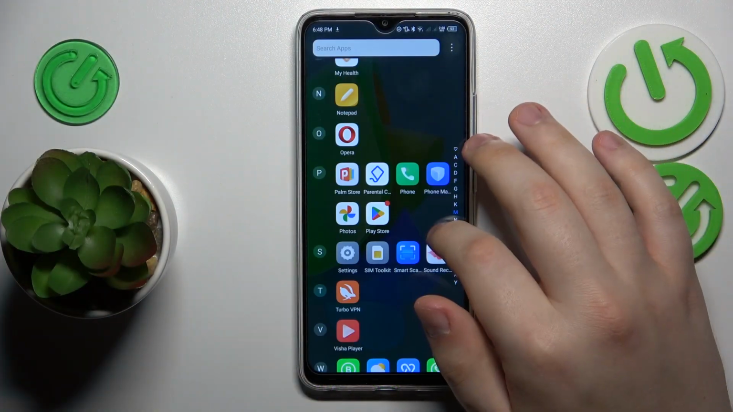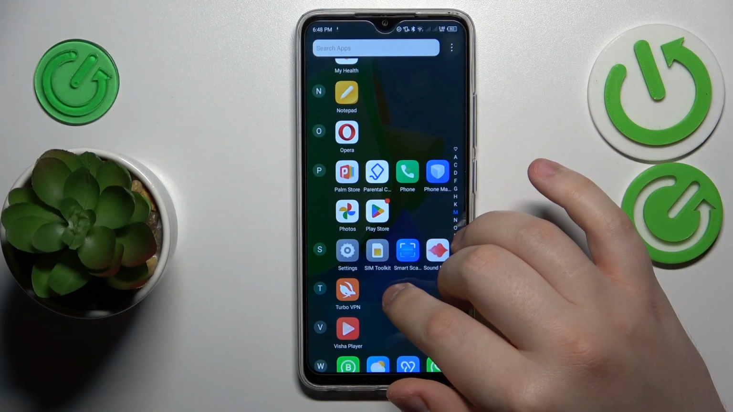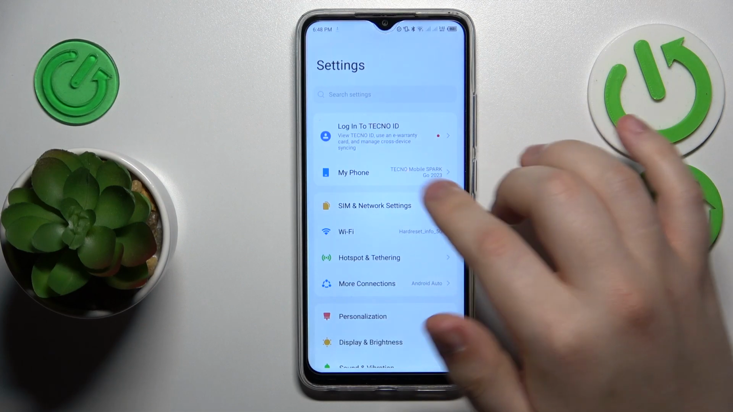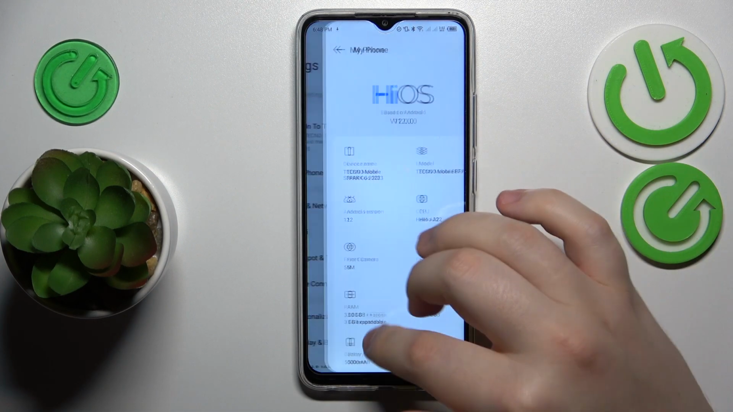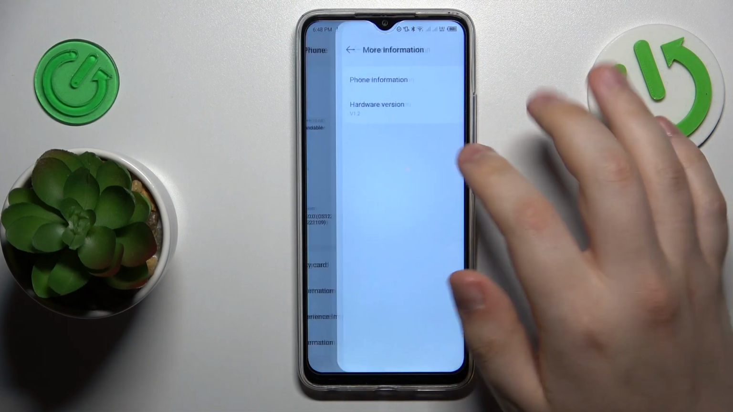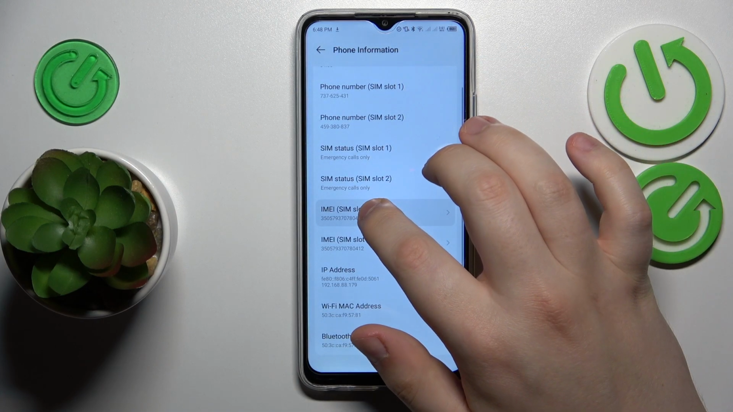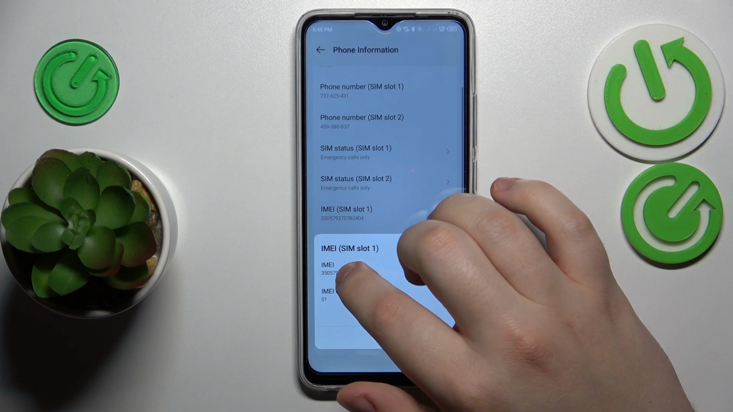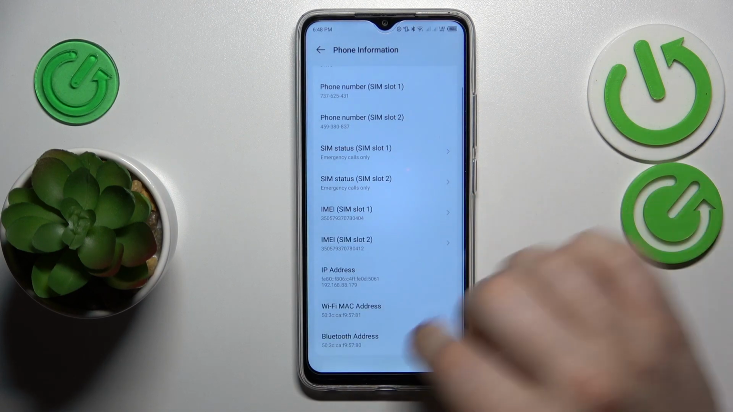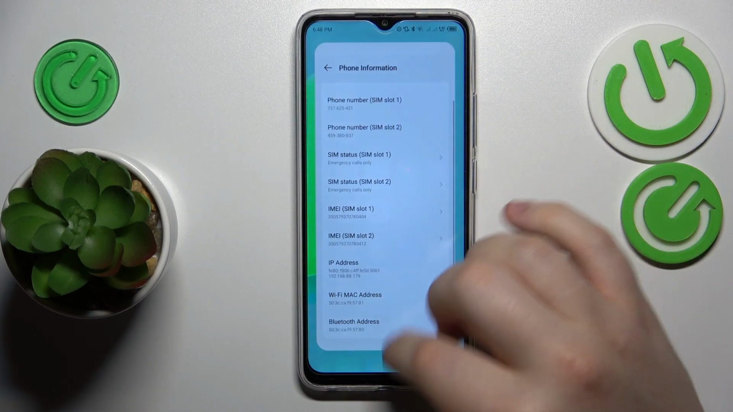So first you will need to launch Settings and find the IMEI number specifications, which are available if you go for the My Phone category. Then open More Information, Phone Information, and here are both IMEI numbers that are assigned to your phone. Then try copying them. If it is not possible, that's fine, just leave the page to sit in the